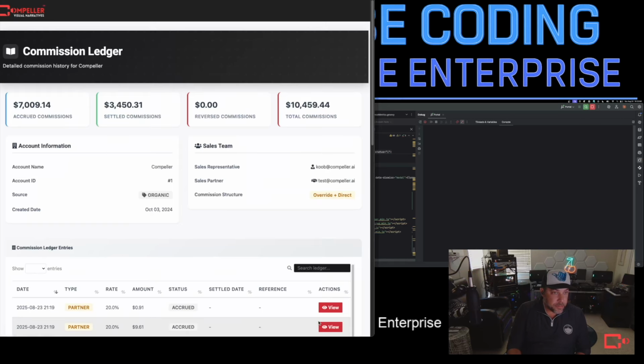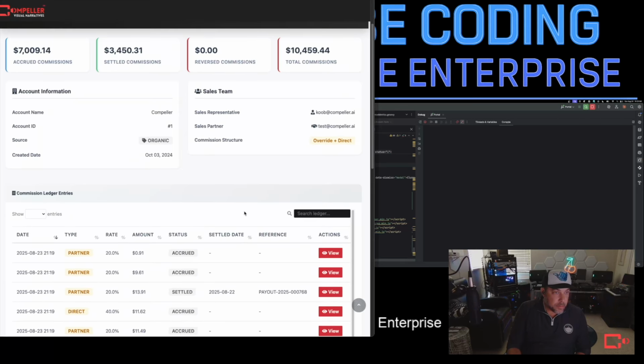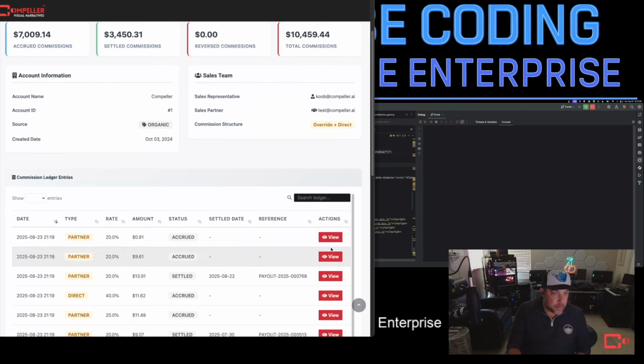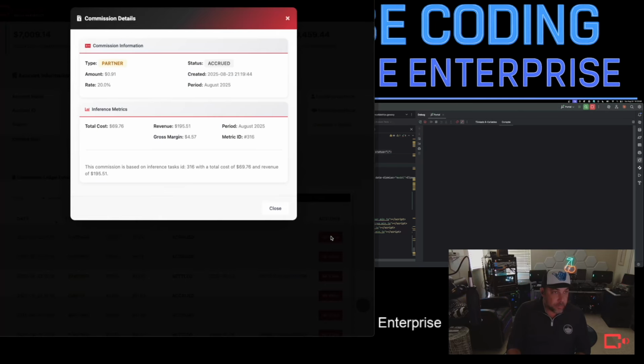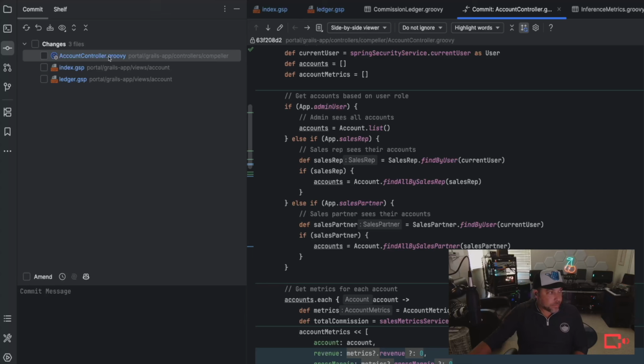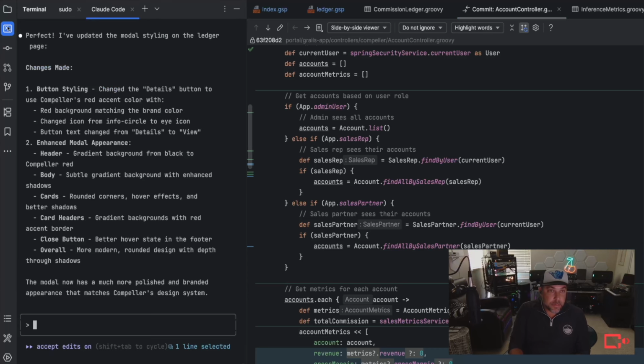Yeah, the modal's looking better. And we're going to get back to the main view. I'm going to go back into the ledger. So yeah, I'm happy with that. And then let's go look at the ledger.